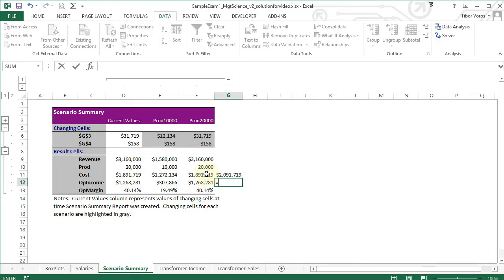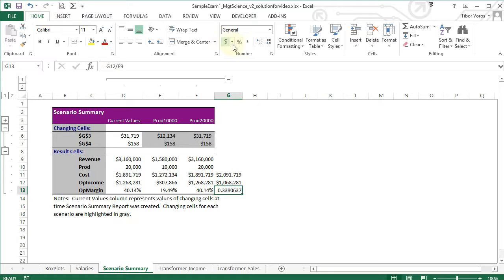The operating income thus becomes revenue minus the new cost, and the operating margin is 33%. So in short, and this is fairly obvious based on this data,